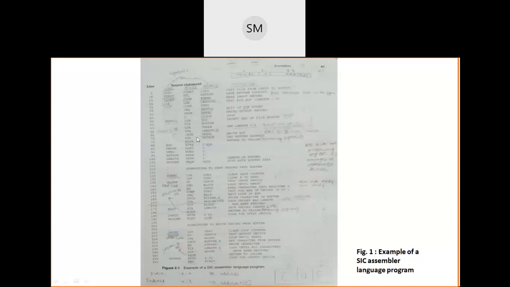Okay, load the linkage register. It means that in this JSUB instruction, whatever address it is at, that address will be loaded here. Next, I am going to execute one more RSUB here. Sir, why are we going to execute RSUB once again here? Because I have already executed one RSUB in read record and one RSUB in write record.